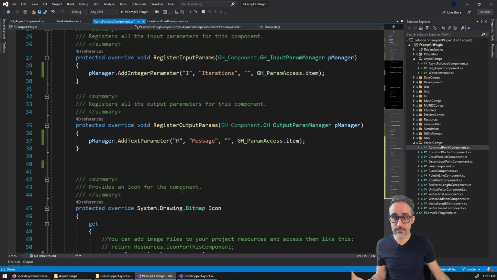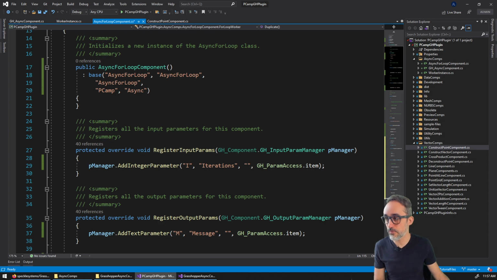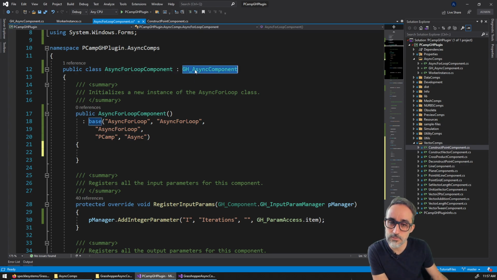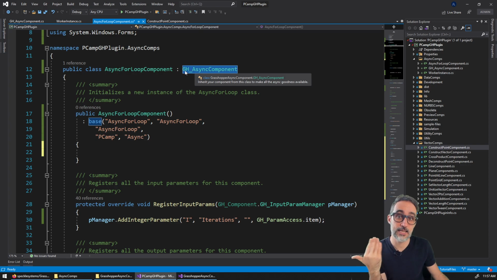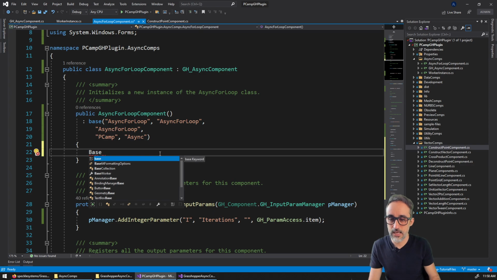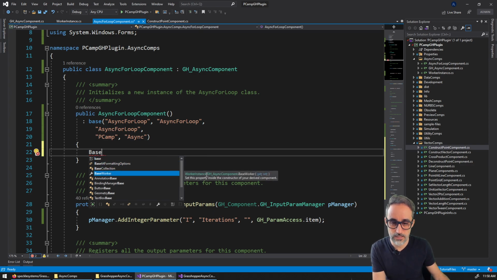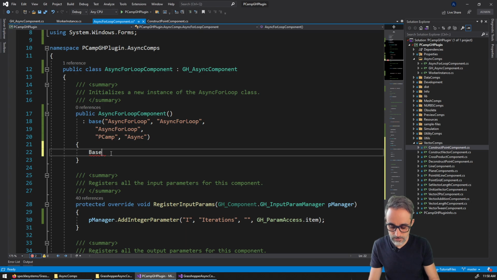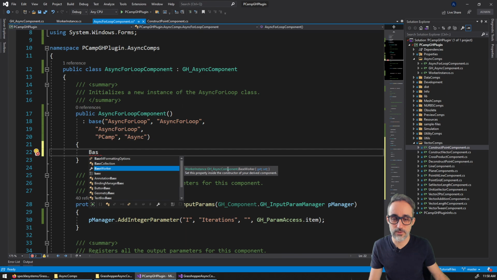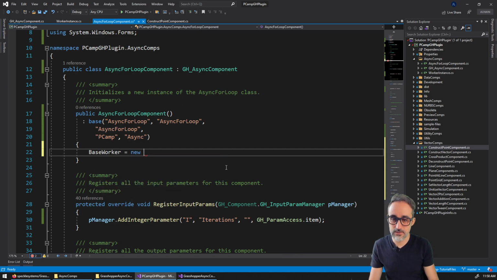Okay, are we ready for this? We are not, because one thing that we need to remember as well is that the async component will always have a worker inside that is who does the work. And we need to initialize that. So there is a property in the async component. Can you see this? It's part of the async component here. Base worker is going to be an instance of that new class for loop worker that we just created. Okay,